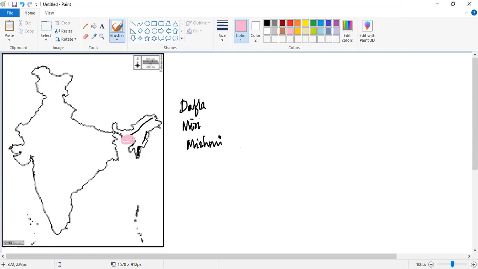I'm not saying that landslides will never happen there, but I'm just telling you, when compared to these northeastern hills, the Meghalaya plateau is pretty much stable. In that place also a lot of earthquakes will happen, but in comparison this is much more stable. The other region which is very vulnerable to landslides is this portion,